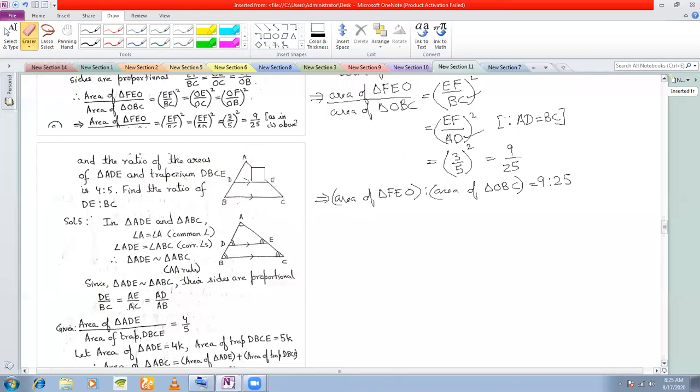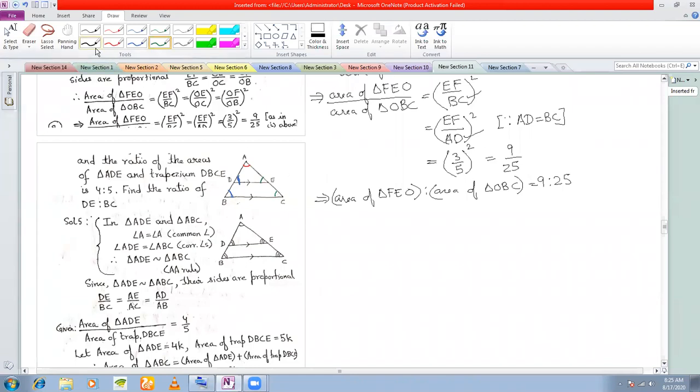This is the type 2 figure, this one. I have done the proof of similarity here. Let me just mark the angles. This is my common angle. These two are my alternate angles. So two angles are proven to be equal. Therefore, the triangles have to be similar. And obviously, when two angles are equal, the third angle also has to be equal.